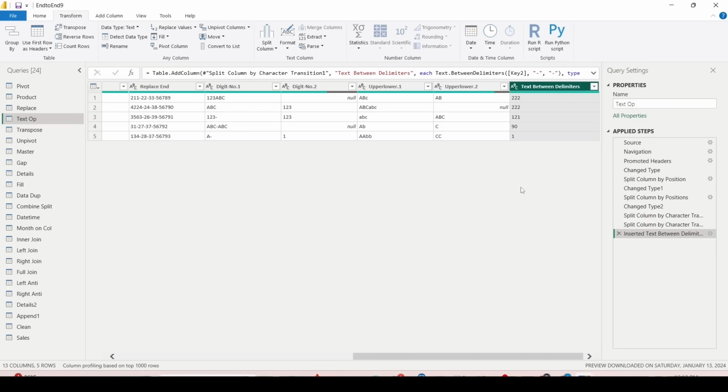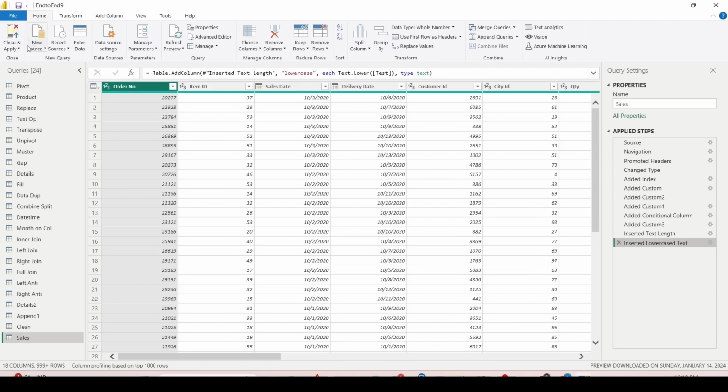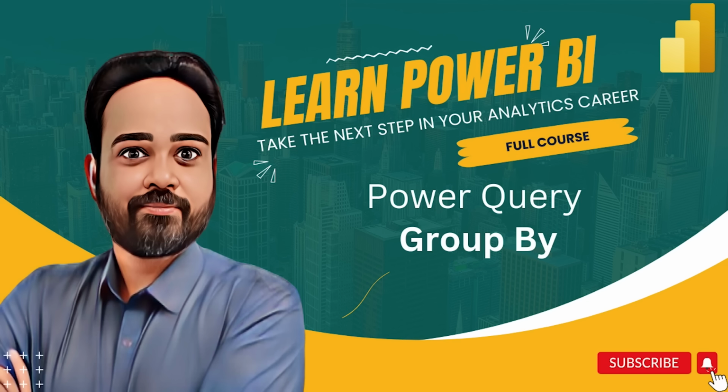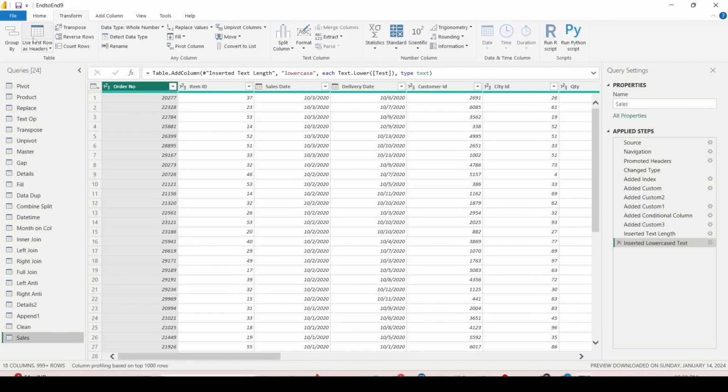text before delimiter or text after delimiter, or there could be any other operations which have been identified and done here. These are the various ways in which you can create a new column in Power Query. And once you are done with those columns, from the Home tab you can click on Close and Apply, or simply Apply, and those columns would be added as part of your query, which will be known as a table visualization part. The next operation which we wanted to learn is under Transform, and that operation is basically